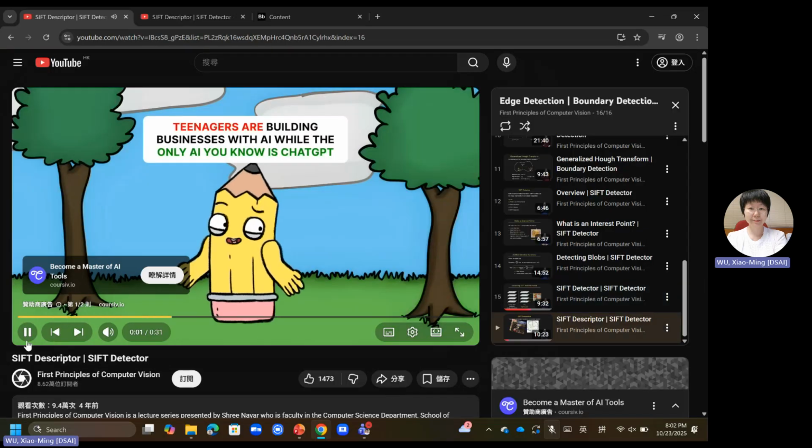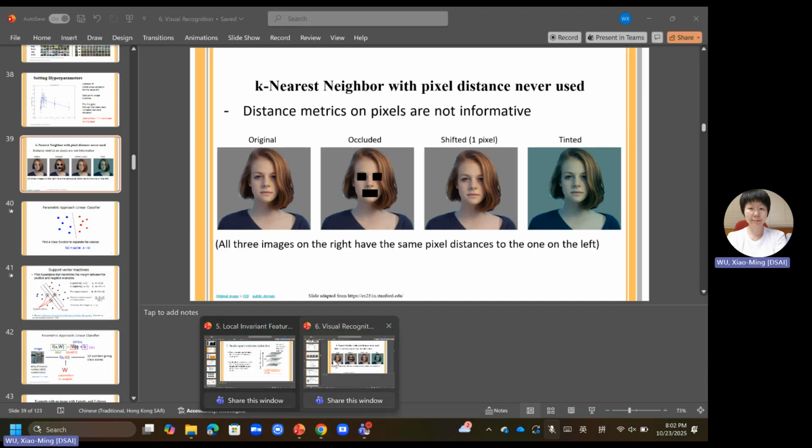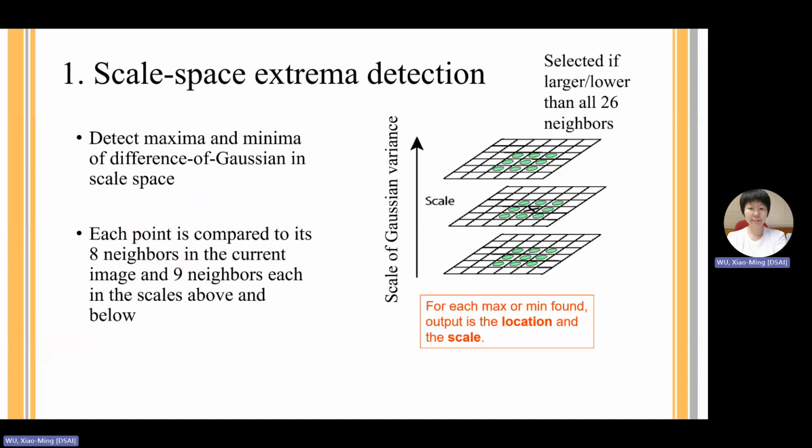Teenagers are building businesses with AI while